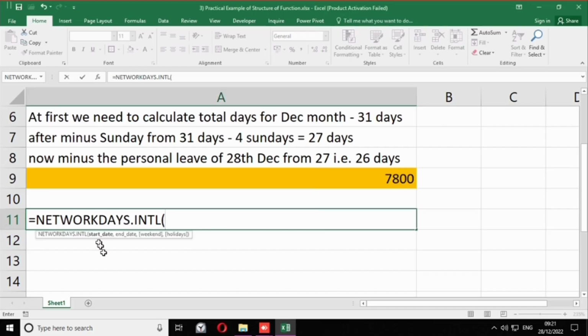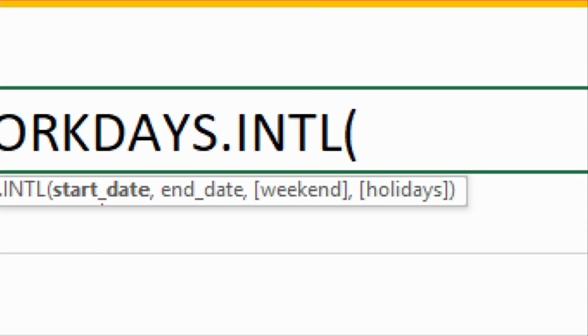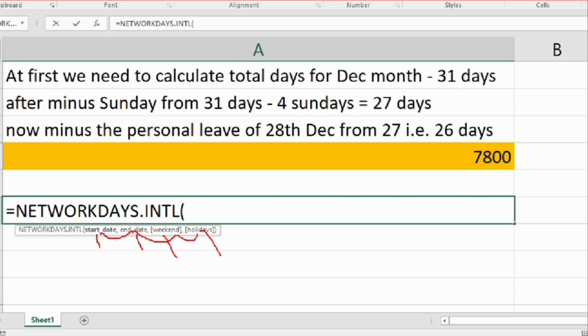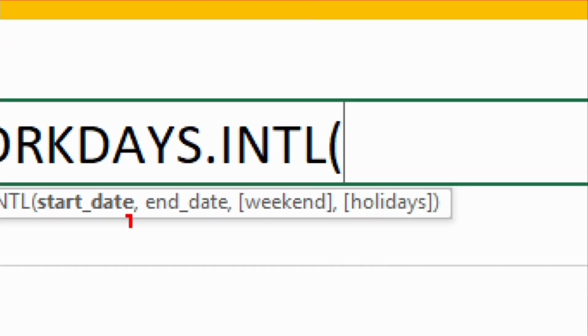Now coming to the most important point of any function, that is the argument. There are 4 arguments I can see here: start date, end date, weekend, and holidays. The arguments get separated using commas: end date, weekend, and then the last is holidays.